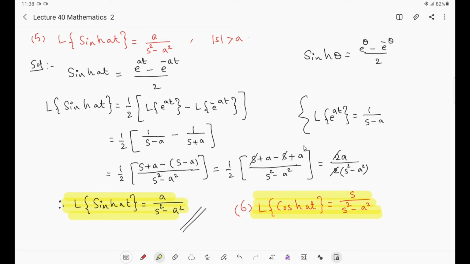So far we have seen Laplace transform of 1, Laplace transform of e^at, Laplace transform of sin at, Laplace transform of cos at, then Laplace transform of sinh at and Laplace transform of cosh at, right. For cosh at, instead of sinh at, the formula will be (e^θ + e^−θ)/2. So that formula we have to use, right. Then next, the seventh one,